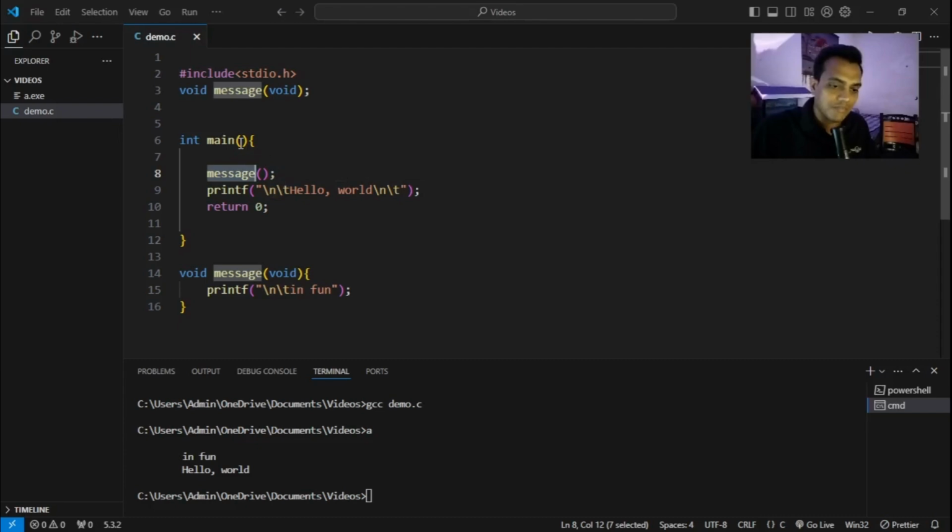So the main function consists of many small functions. How do we define a function? A function is nothing but a self-contained block of code which can perform some coherent task when it is called. So when the message function is called, then only the body of the function will be executed, otherwise it is not executed. So this is what the function